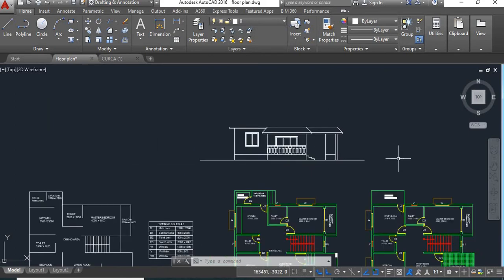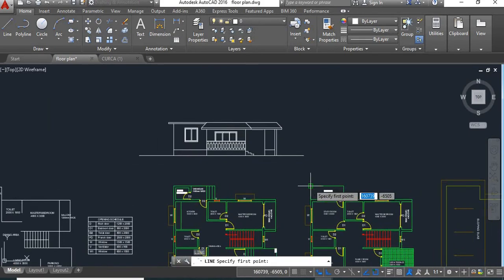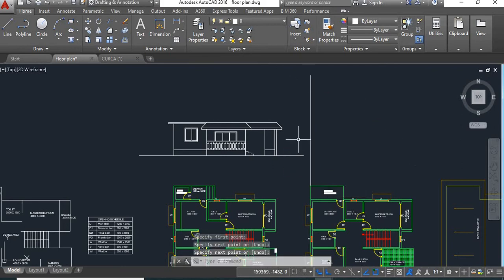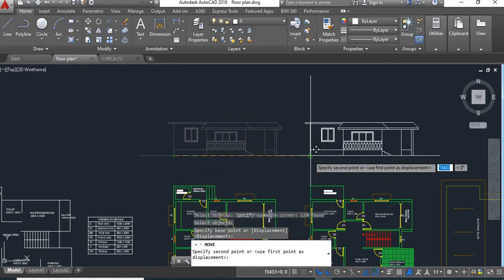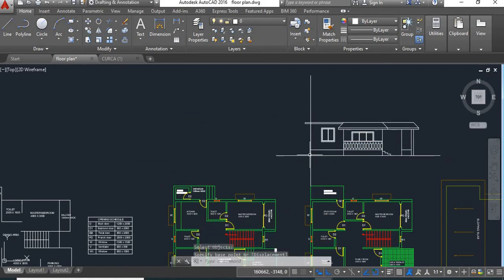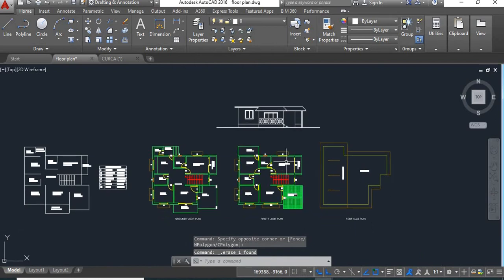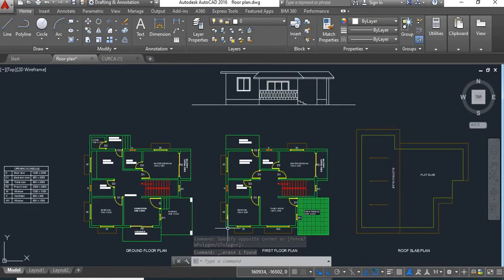Next we'll draw the first floor. We'll take a reference line here and move this elevation at this point. So enter and delete this reference line. Now here we'll project these points.